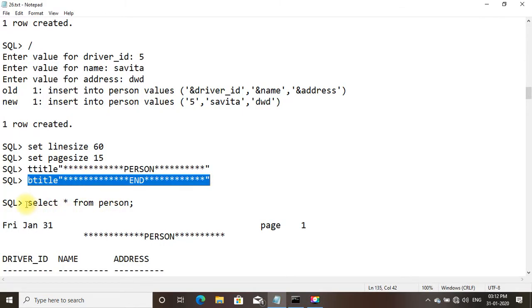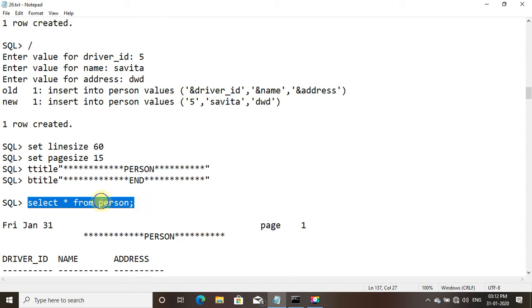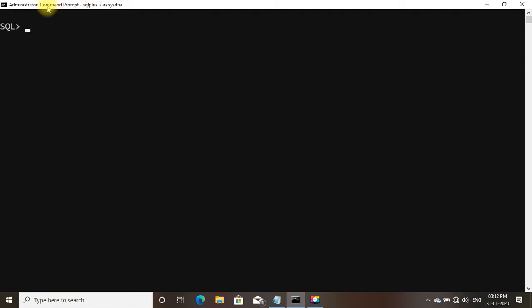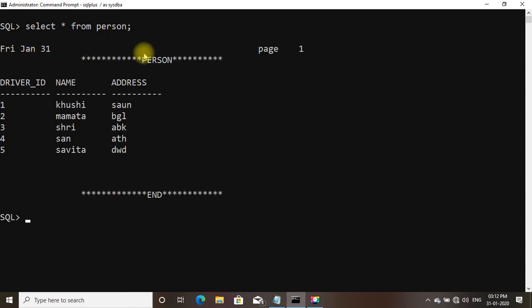Let us clear the screen. If we do select star from person, we can see all the driver IDs 1 2 3 4 5, name and address.